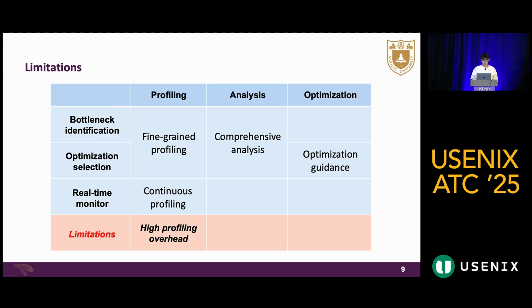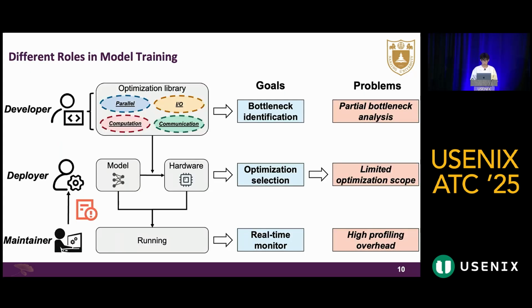First, high profiling overhead. Fine-grained or continuous profiling is often too expensive for production environments. Second, partial bottleneck analysis. Many tools only focus on one specific area, like I/O or communication, failing to provide a comprehensive system-wide view. Third, limited optimization scope. The few existing optimization tools are only effective in limited environments. These issues are prevalent in training practices on Ascend chips, and therefore users urgently need a systematic solution to alleviate